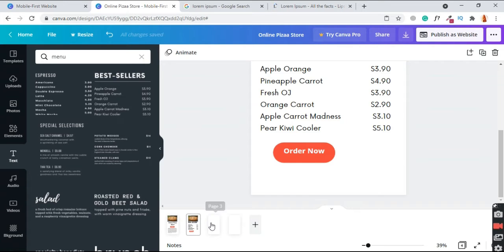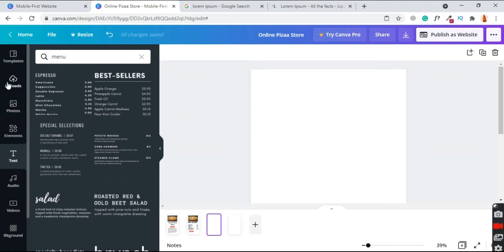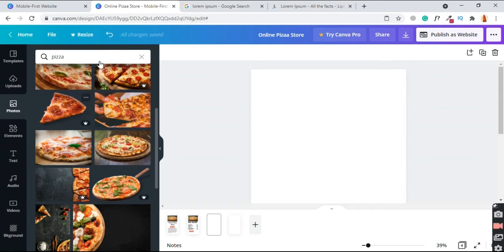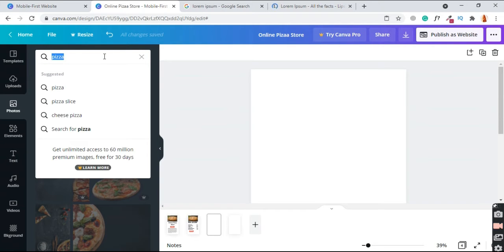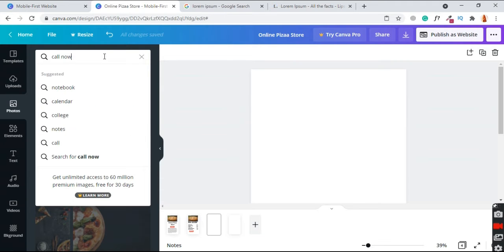So let's make our third page. Just click on it, and in our third page I think we should make a contact page. Yes, so just click our photos option and let's try call now.